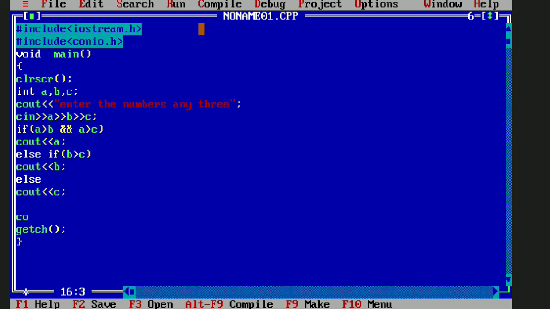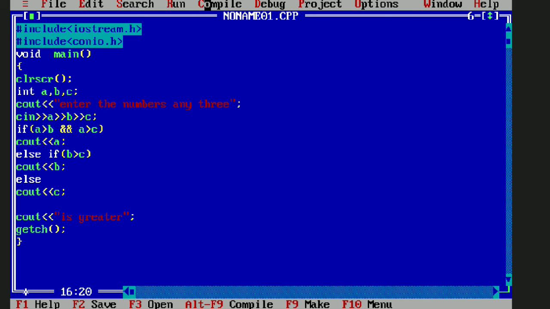So let me write cout "is greater" here. Now it will print the number, and after that it will print "is greater".